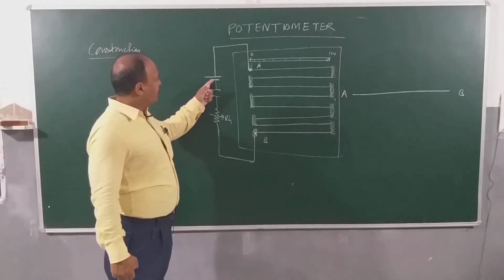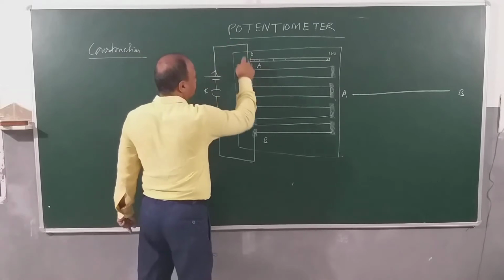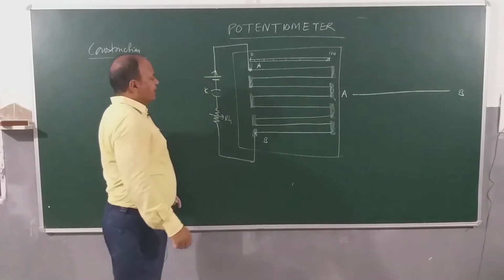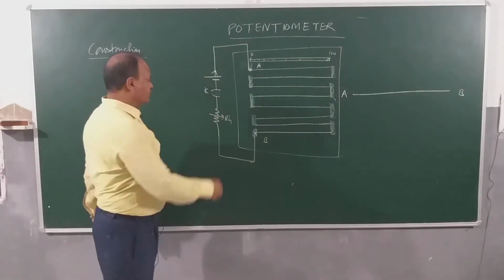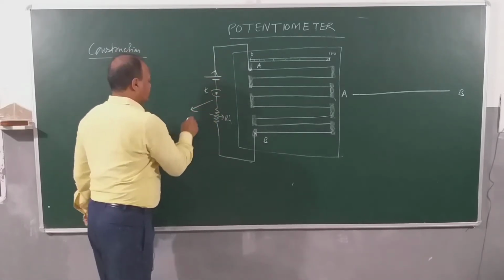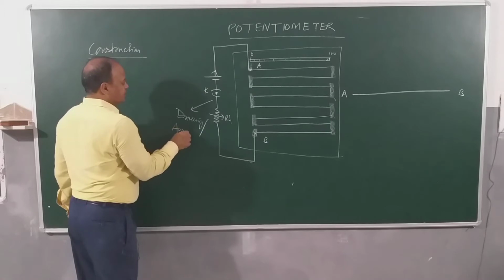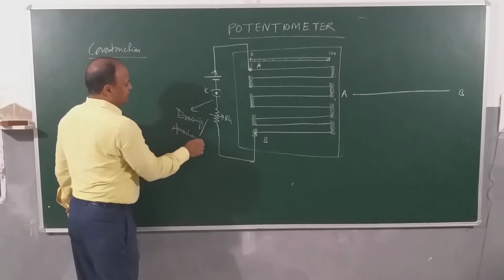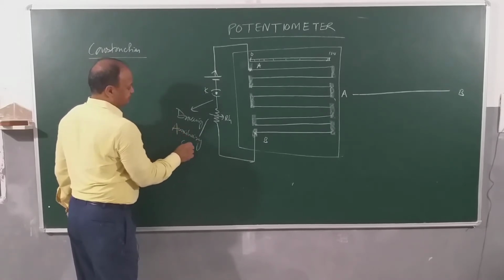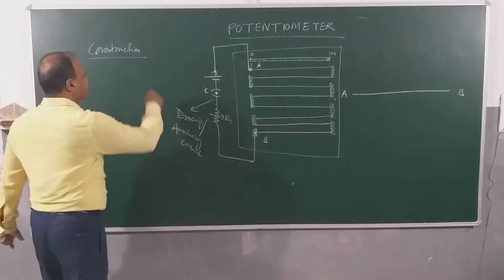Now this battery will be supplying current into this wire. You can see this current will travel like this, right? And this circuit which I am applying, once I close the key, the current is set up. This is called driving circuit. What do you call it? Driving or auxiliary circuit. Auxiliary circuit. This circuit is used for supplying current in the circuit. Clear?